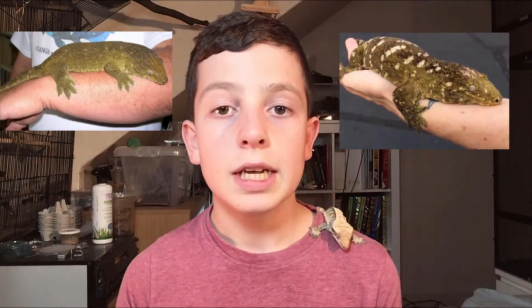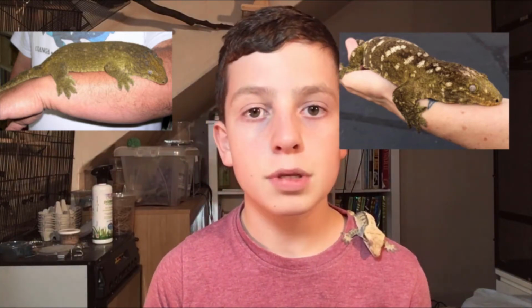For me, I personally think that the Leachianus should be given a very large enclosure. They do like to hide. If you look at the Leachianus, it has perfect patterning and camouflage to blend into logs. So definitely provide a lot of logs, a lot of cork bark tubes, cork bark rounds, that kind of thing. I think that a Leachianus should definitely get at least 45 by 90, something like that, centimetres,